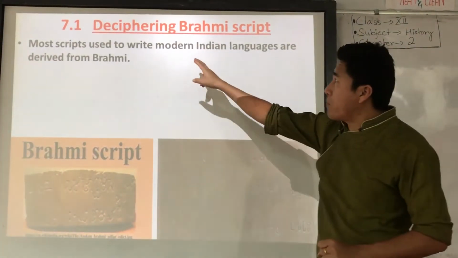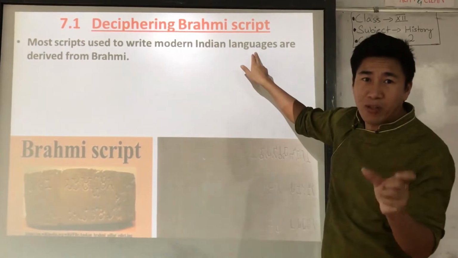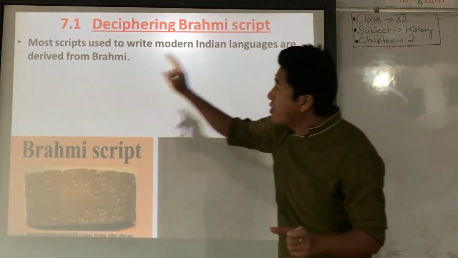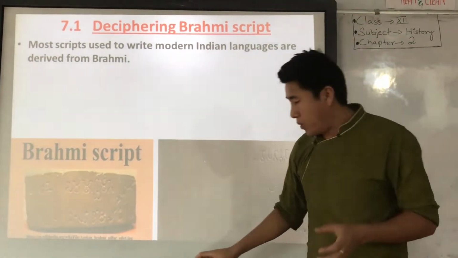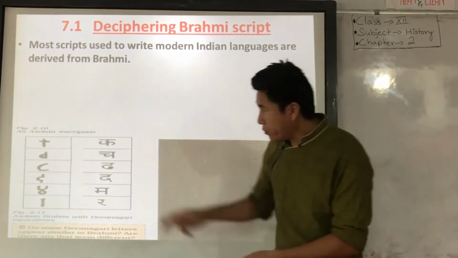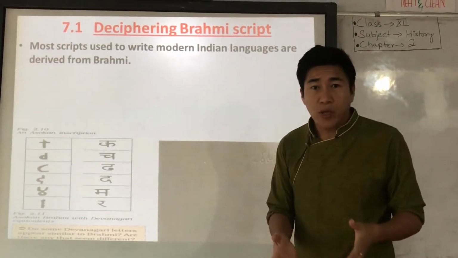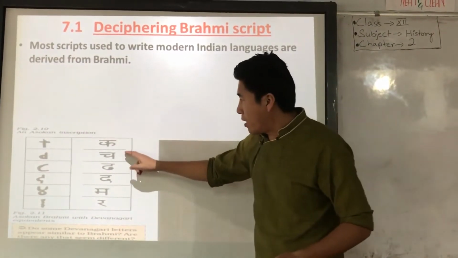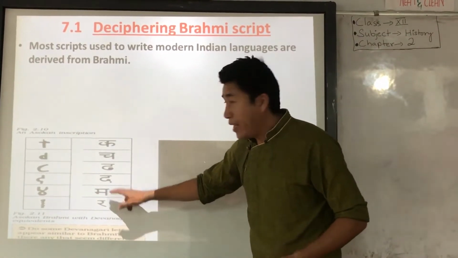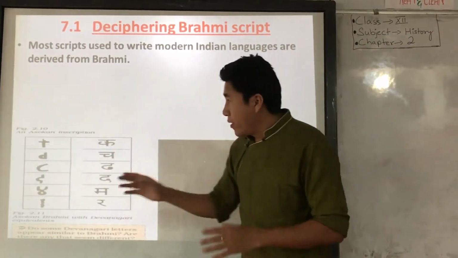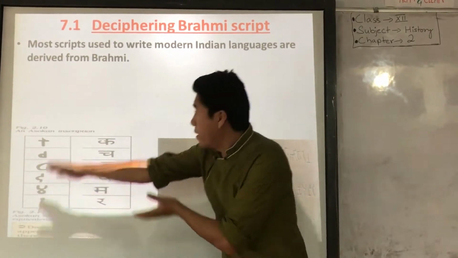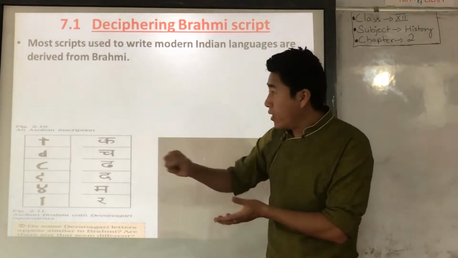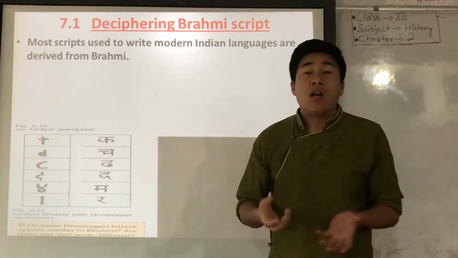Most of the scripts used to write modern Indian languages, including the Devanagari script that we are using right now, are derived from the Brahmi script. That is the Hindi script, ka, ta, da, ma, ra, right? And then this Brahmi script, right? Now from Brahmi script, this Devanagari script was derived. From Devanagari script, our own this